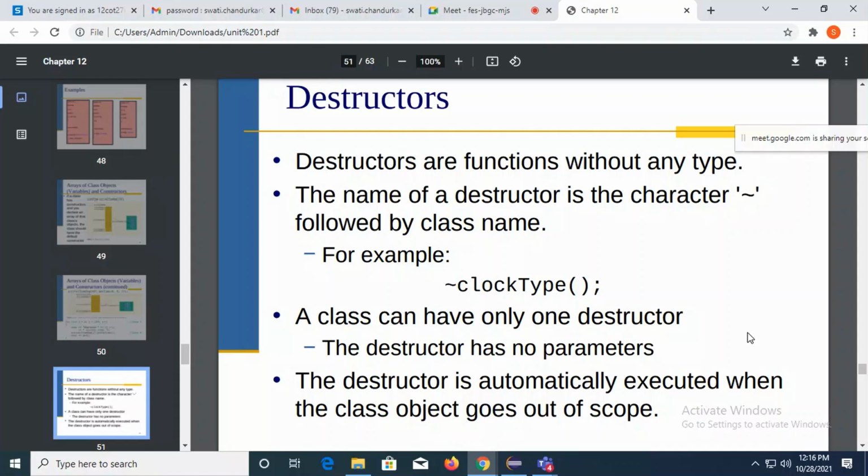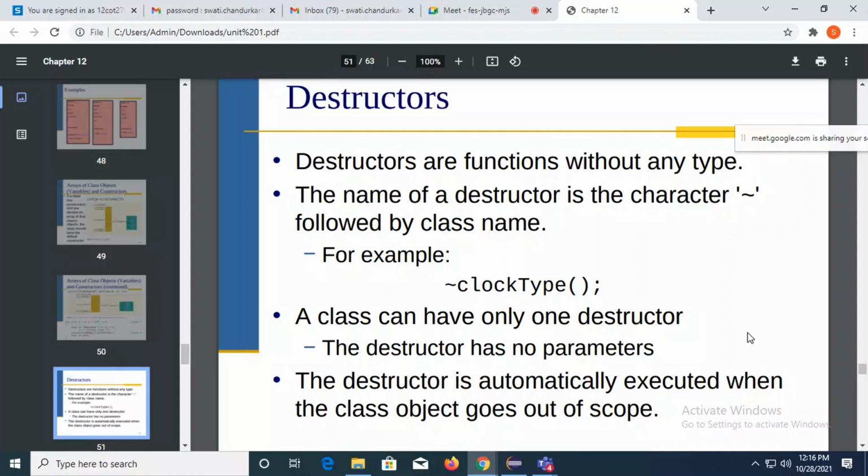Now the question arises: when is the memory deallocated? The memory is deallocated once the scope of that particular variable or the object comes to an end. Suppose I have declared a particular object inside a function and I'm writing a statement for creating an object.